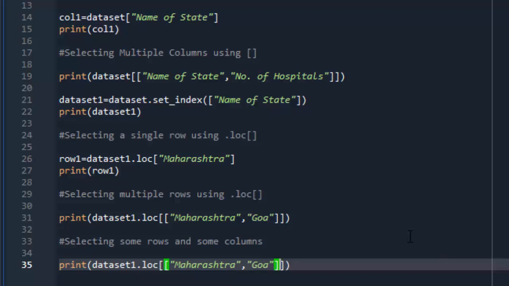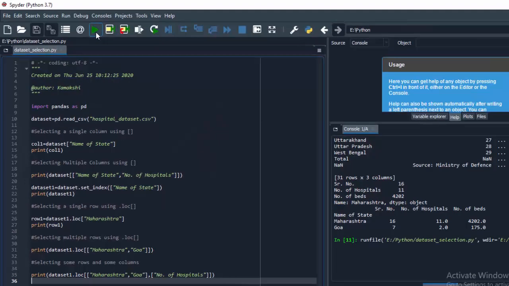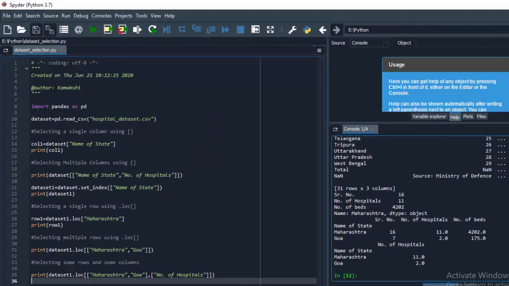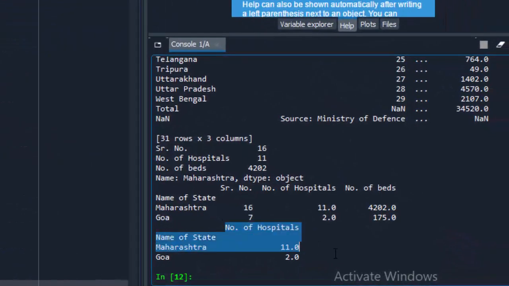Now separating it with comma, the second parameter of .loc is nothing but the columns which we want to show. So suppose if I want to show only a single column, within subscript I'll pass the name of the column which I want to show. So here I have taken the column name as number of hospitals. Now just run this code. So here it is showing the output. The names of states which we have taken as labels are shown here along with the number of hospitals.